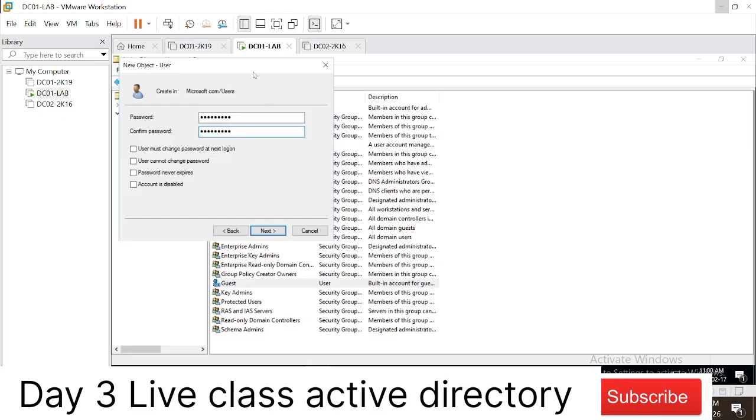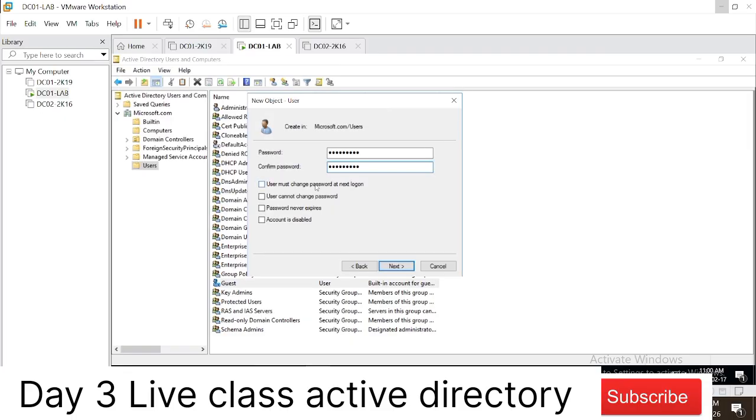In the Active Directory team or the Helpdesk team, they create the user login ID and password, and they can tick mark these accounts as disabled, because when the user joins, they will enable the account. So the account will be created, but it will be disabled. And user must change the password, so when they log in the first time, they will get a prompt to change the password. You must have seen in all your companies, whenever you join, you cannot change the password, which means they have to contact IT Helpdesk to change their passwords. Password never expires. This we generally do for creating service accounts.